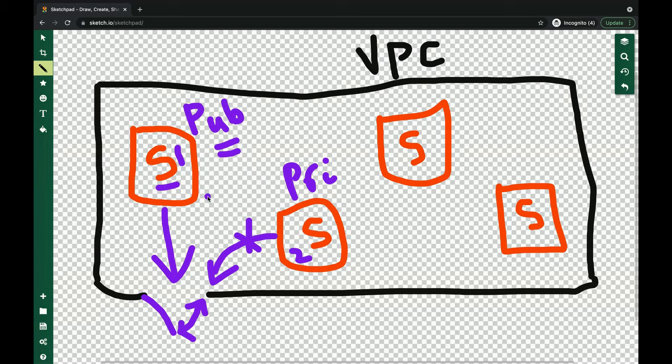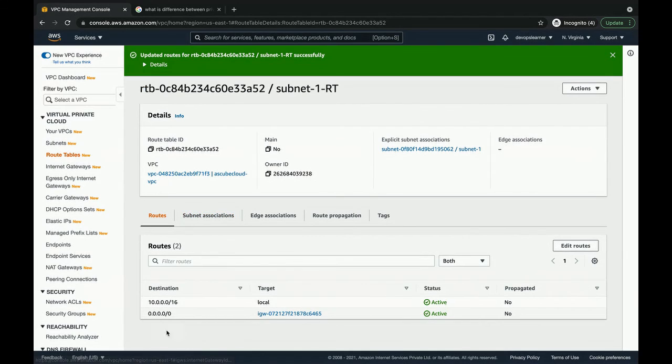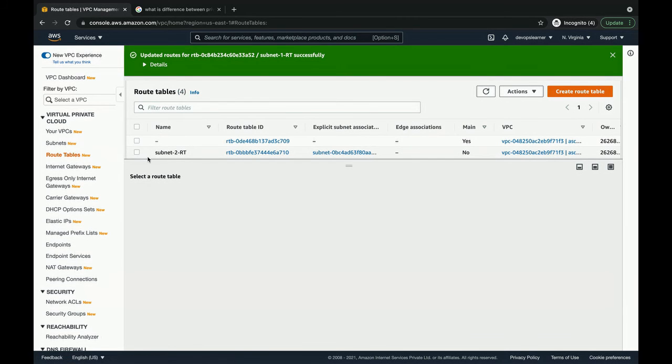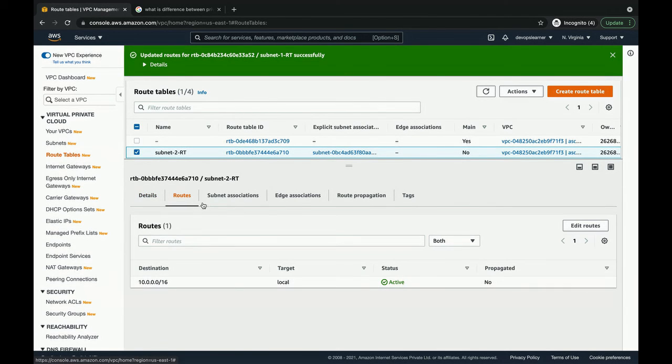Public means the route table must have access to the internet gateway. If it is a private subnet, those private subnets should not have access to the internet gateway. So this is how we create a VPC, subnet, route table, and internet gateway.